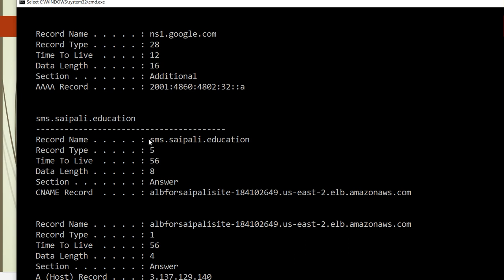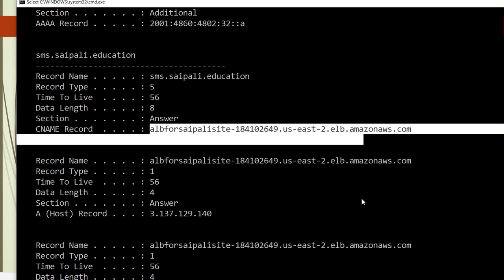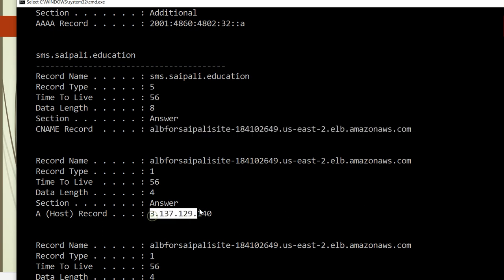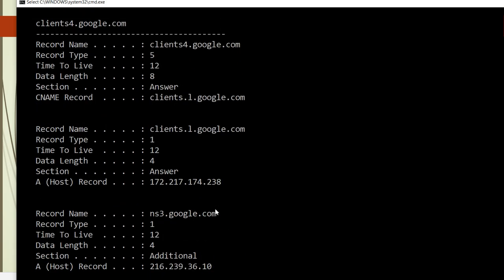So you can see the domain name which is resolving here, and the answer: it is a CNAME, an alias, and this is the IP address for that alias. Just like this we have multiple other resolutions.